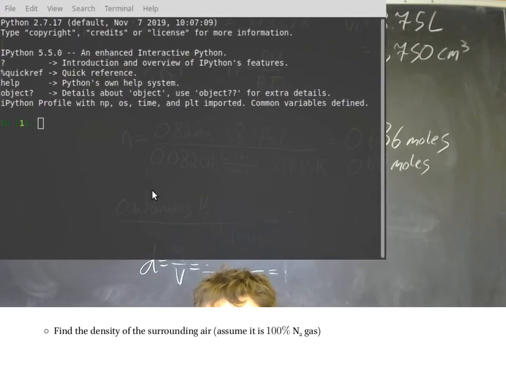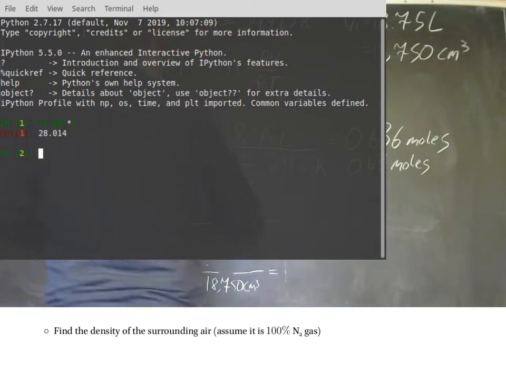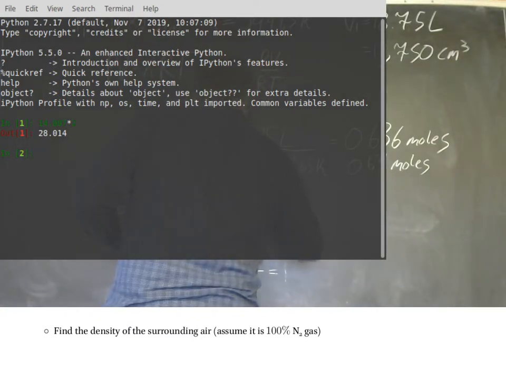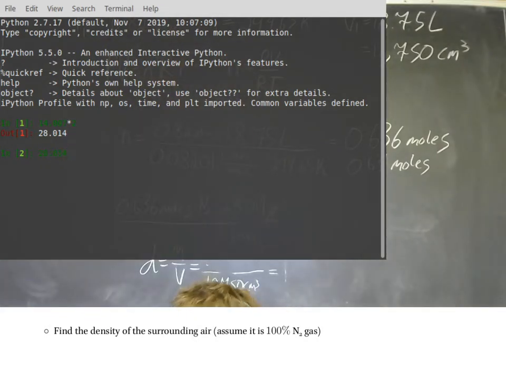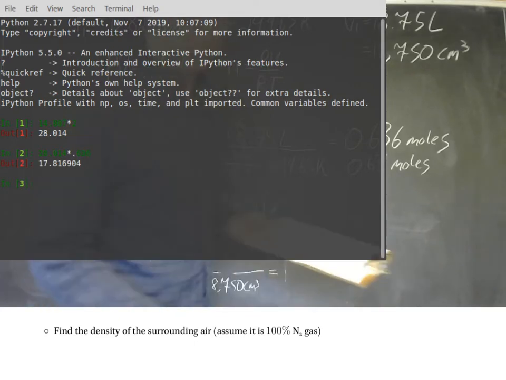All right. So it's going to be 0.636, well, let's do this first. 14.007 grams per mole is the atomic weight of nitrogen. What I forgot to do is multiply it by 2. So it's 28.014 grams per mole. Okay, and then we'll say 28.014 grams per mole times that 0.636 moles, and that's going to be 17.82